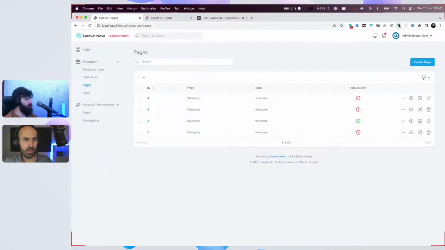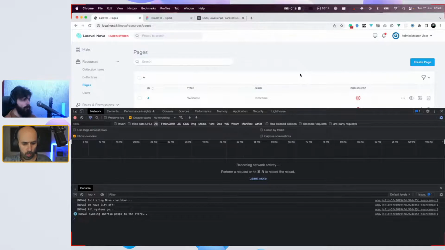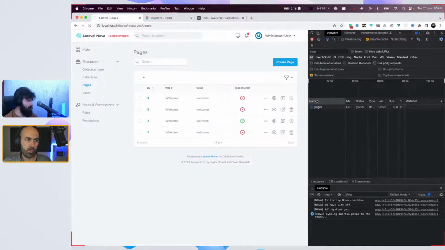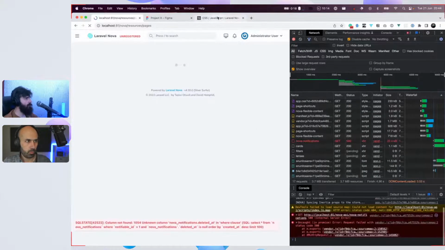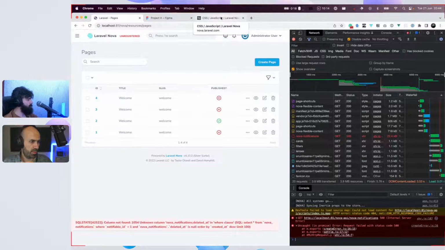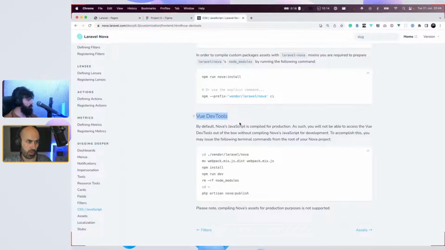If you see, it says DevTools inspection is not available because it's in production mode or explicitly disabled. So unfortunately, we won't be able to inspect the component that we will be developing. But of course, this is already thought of.